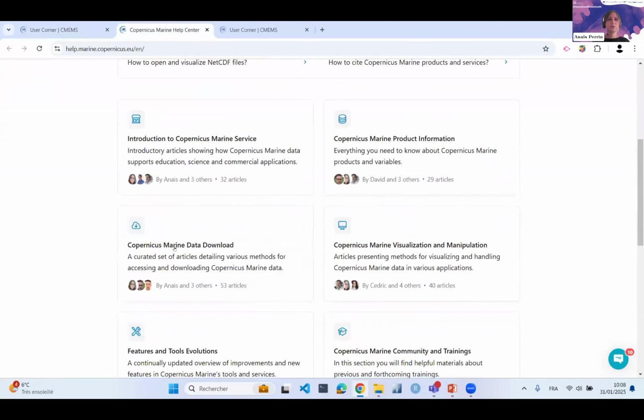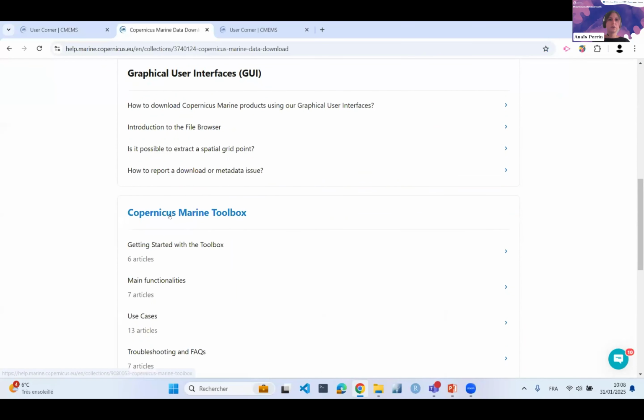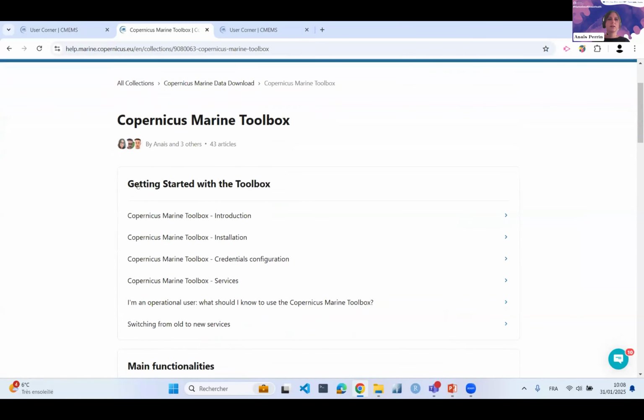So go to the Copernicus Marine Data Download Tool section, and then scroll down and click on the Copernicus Marine Toolbox section here. You will find the Getting Started with the Toolbox section with introductory articles and details on the installation